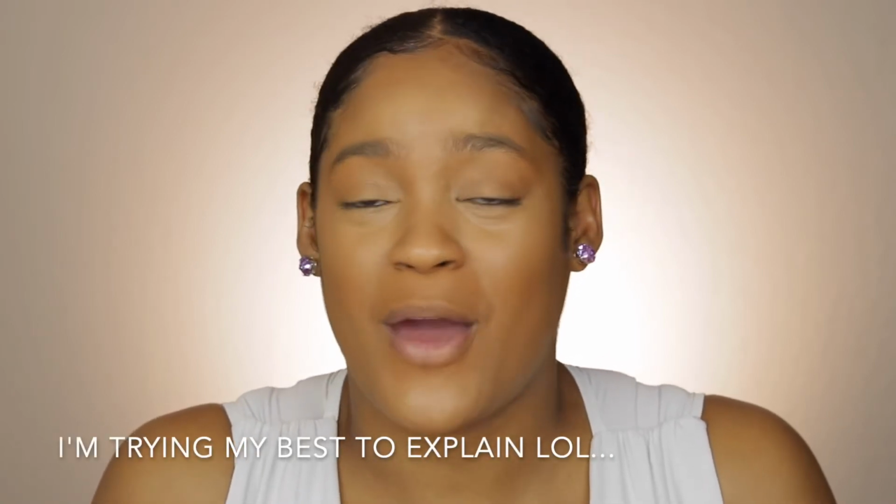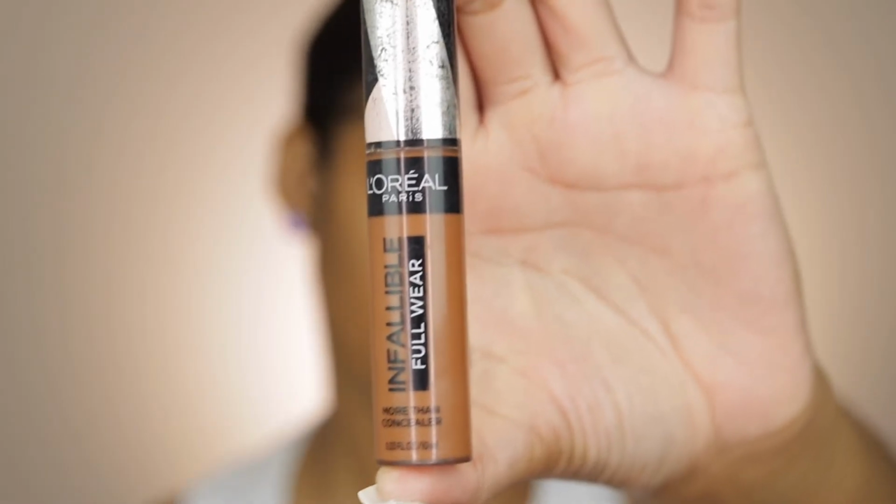I'm using cream products, I just see it as kind of like painting onto your face, and wet paint obviously blends into each other a lot better than dry paint, if that makes sense. Dry paint doesn't blend with each other at all. So that's why I like using cream products on my face, because I can blend them in together. It's a beautiful seamless blend, and then you go in with your powder to set everything into place. I just like cream contour because it creates a skin-like natural shadow on your face, and it just looks beautiful. So for the cream contour, I like to use two different things: the L'Oreal Infallible Full Wear Concealer